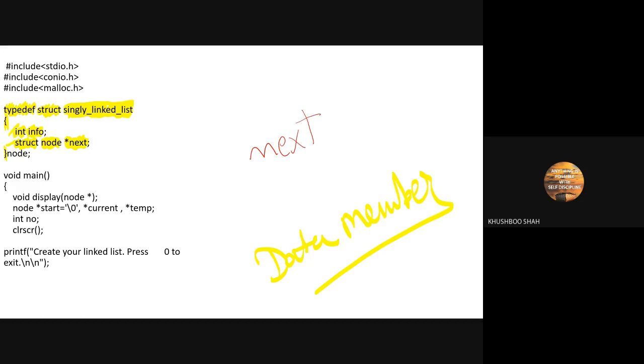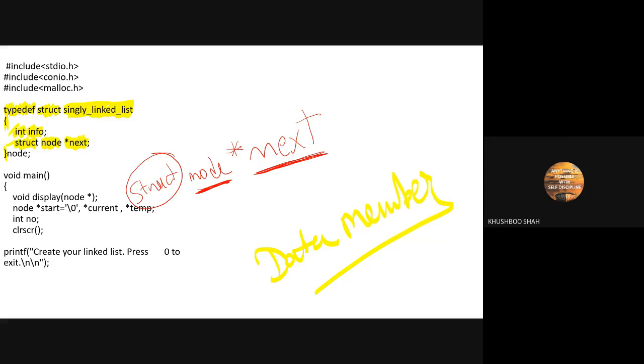Next is a variable, but this is not a normal variable because the asterisk sign is there. It is a pointer variable. Now the question is, what is the data type of this pointer? The data type of this pointer is struct node. It means that this pointer is going to store the address of this object which has the data type structure.